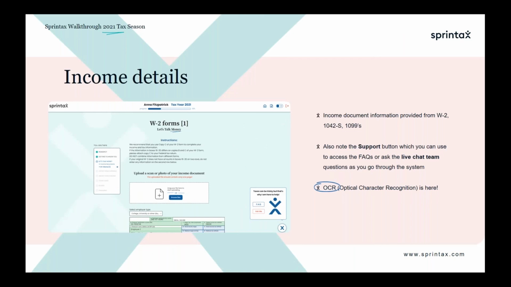We'll also need to gather any income information, so you might have received a W-2, a 1042-S or a 1099, or perhaps you received multiple income documents. We'll ask you which income documents you received, as well as the quantity of each, and then you can simply upload a copy of your income document onto your account and it'll be populated on